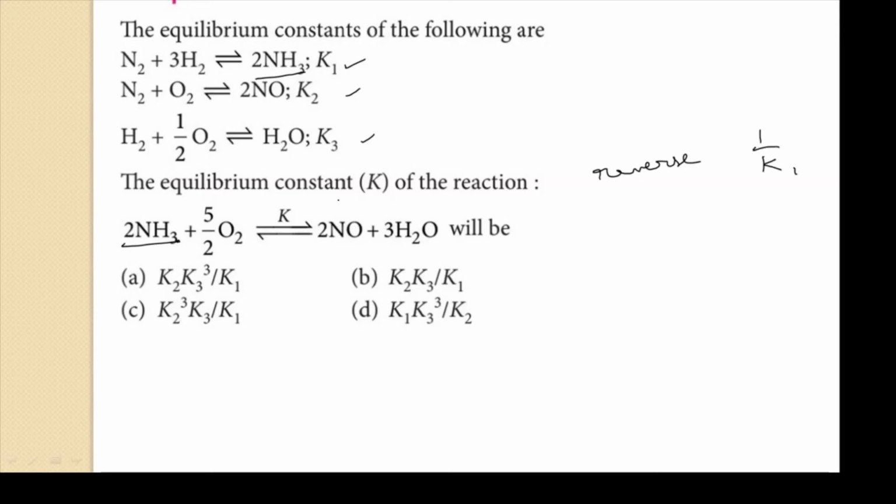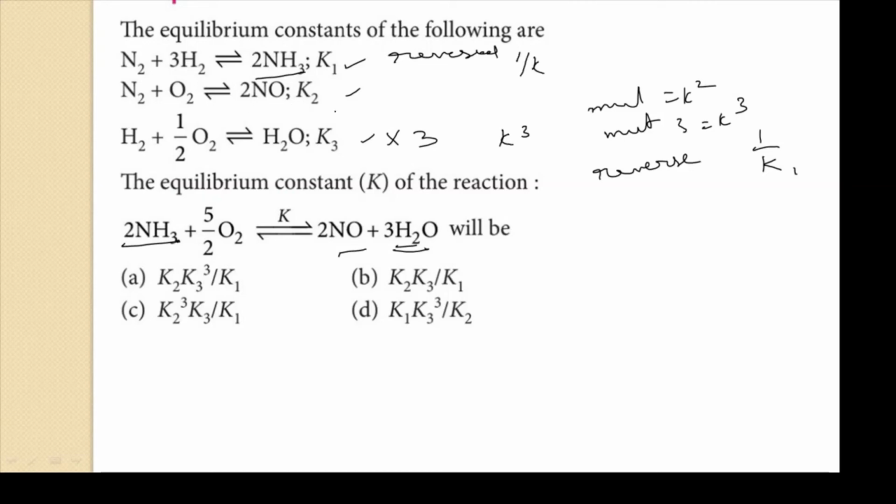Got it? And coming to the second and third reactions, N2H2O on the product side, here also N2H2O on the product side. So no need to reverse this. But how many moles of H2O is there here? 3 moles of H2O. Here only 1 mole. So you have to multiply the equation by 3. First equation should be reversed and the third equation should be multiplied by 3. If the reaction is multiplied by 2, it will be K square, and if it is multiplied by 3, then it will be K cube. So third reaction will be K cube, and the first will be 1 by K.